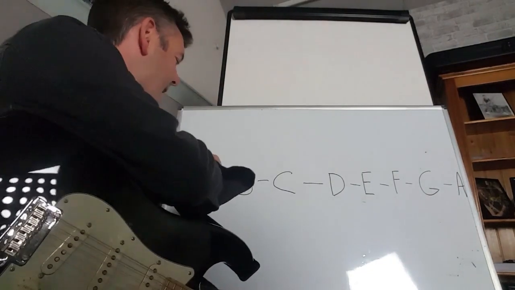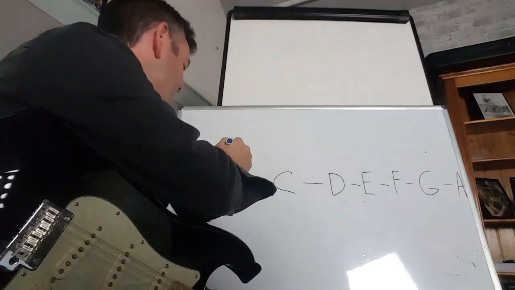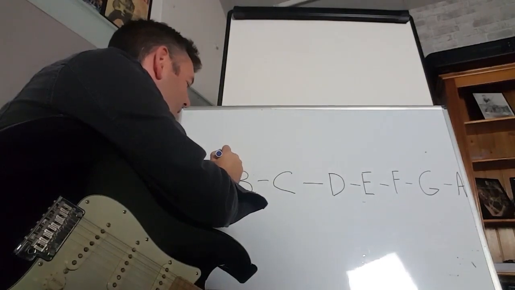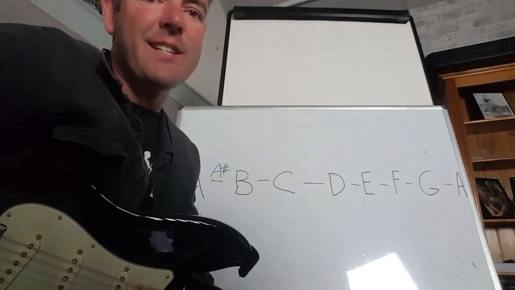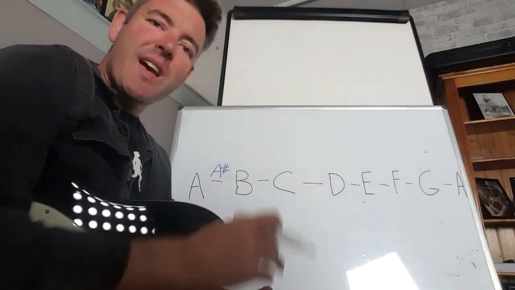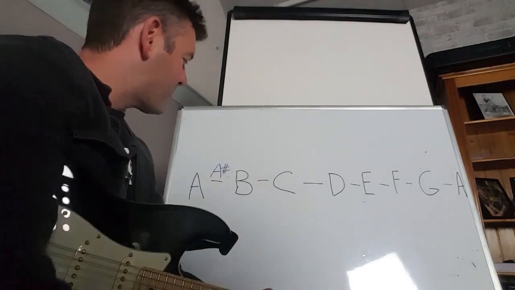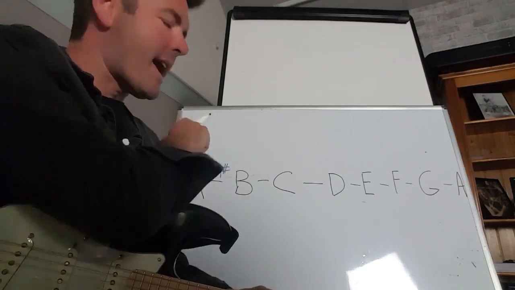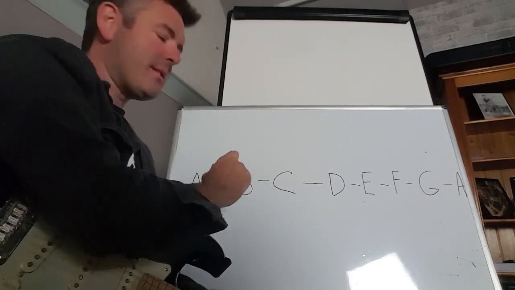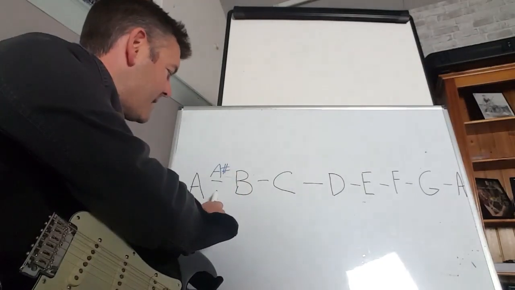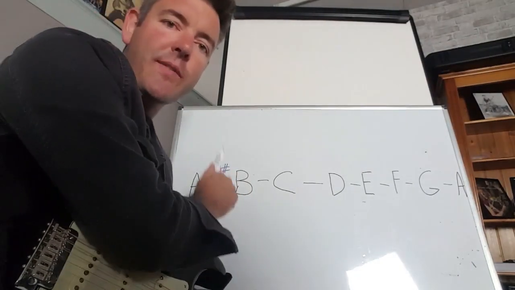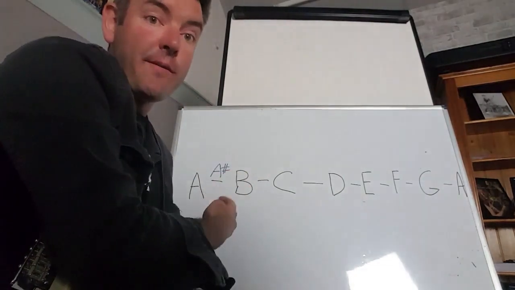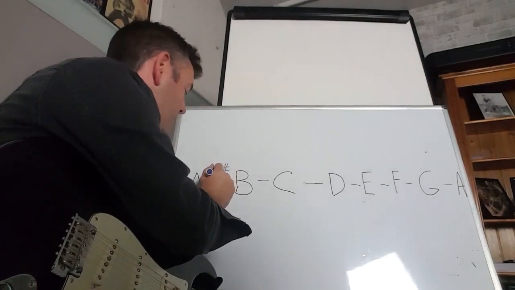Now, in between A and B, we have what's called A sharp. And that's A with what we would nowadays call a hashtag sign. It's the sign for sharp when we're looking at music. A sharp. So in between A and B, we have the note A sharp. Now, let's think about this. That note has another name. We can think of it as going up from A to get A sharp. We could also think of it as coming down from B. And when we come downwards, we call the note a flat. So A sharp could also be called